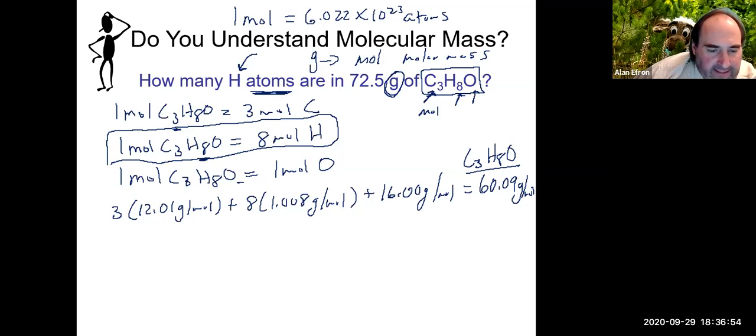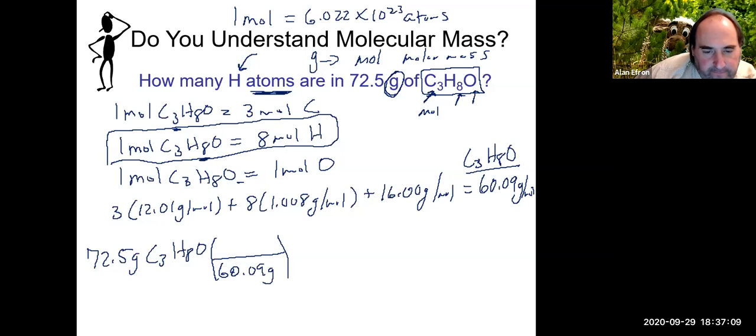So we're going to start with the 72.5 grams of C3H8O. We're going to use that molar mass that we just calculated to convert those grams into moles. Grams will cancel. You don't have to get a number at this point, but I'll put up a number here just in case. Here it's 60.09. We'll go with 1.2065. I'll take it to a few digits. Moles of